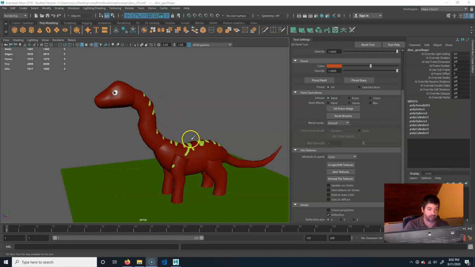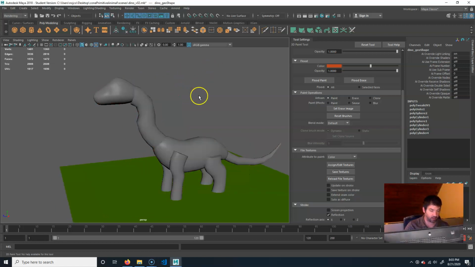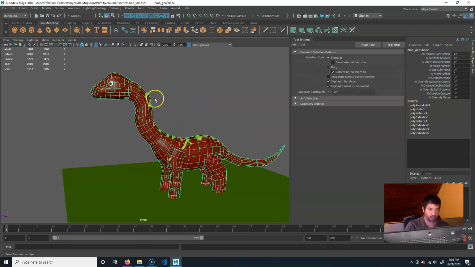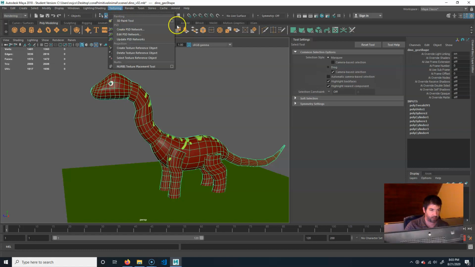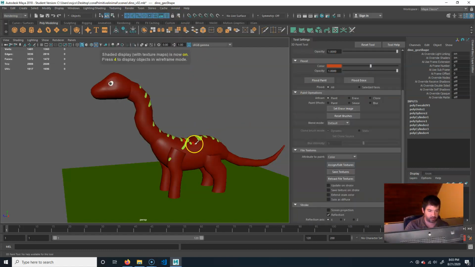Well, I didn't save my texture, so if for some reason you had hit Q and you got out of the texturing, you might want to go back into it. So again, just go to rendering, go to texturing, hit the 3D paint tool, hit the option box, and it should pop back up. And then you want to make sure you hit Save